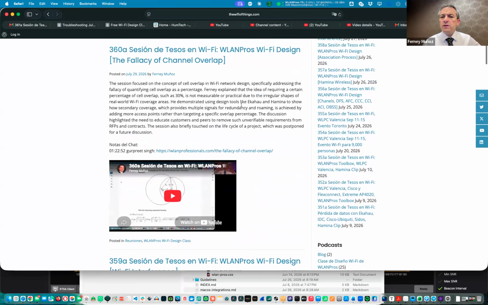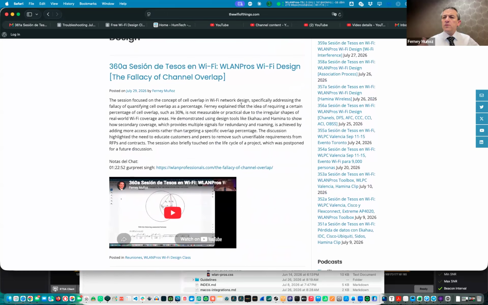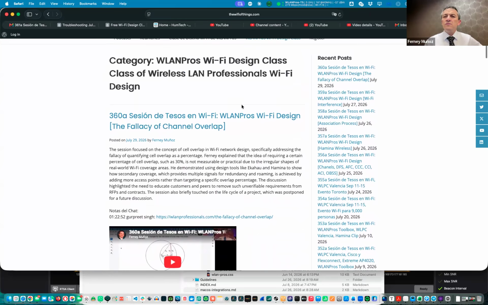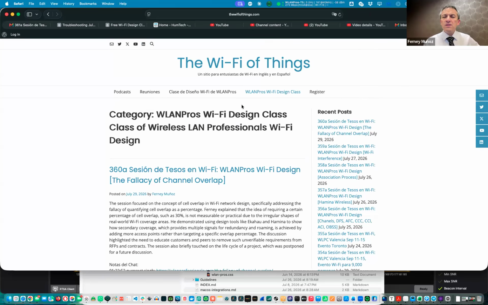We sometimes have to train junior guys or guys that come from different departments. They're coming from the server side of things or the switching side of things or telephony or cellular. And now we're going to add them to the Wi-Fi team so that you don't have to pay for Ekahau classes or CWNA classes or Hamina classes. Sometimes it's hard to get the budget. A lot of people are in countries where they don't have access to these resources or this type of training. Here it is in Español and in English, free.